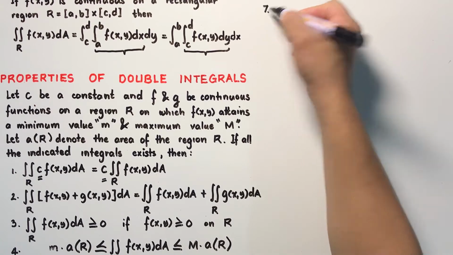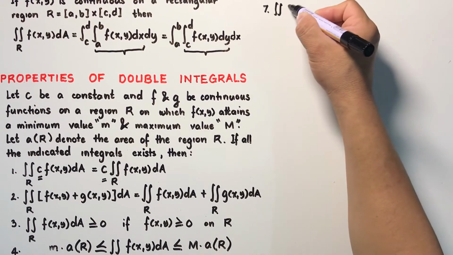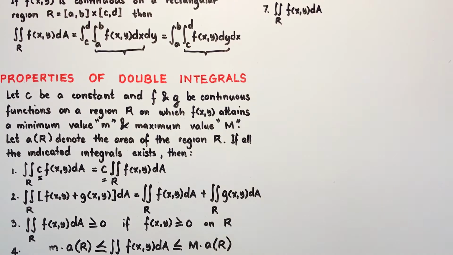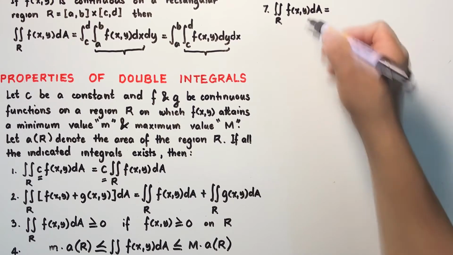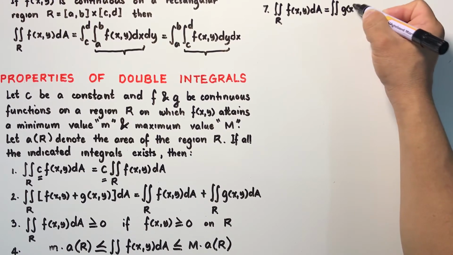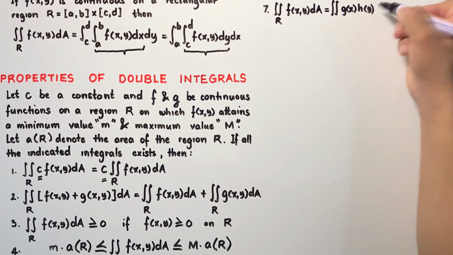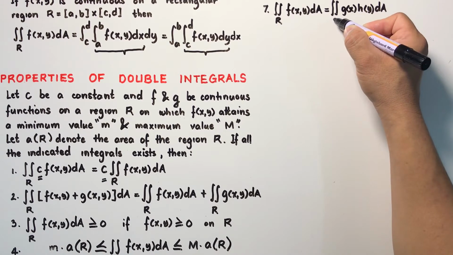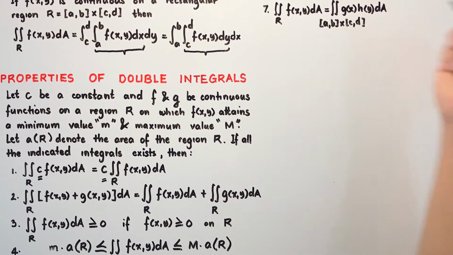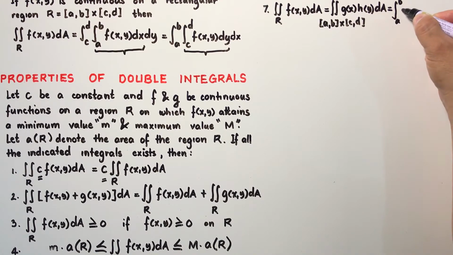So number 7 property here: the double integral of the function f(x,y) dA over a region, if this integrand f can be factored into two functions, say g of x and h of y, over a rectangular region [a,b] cross [c,d], is equal to the integral from a to b of g of x dx times the integral from c to d of